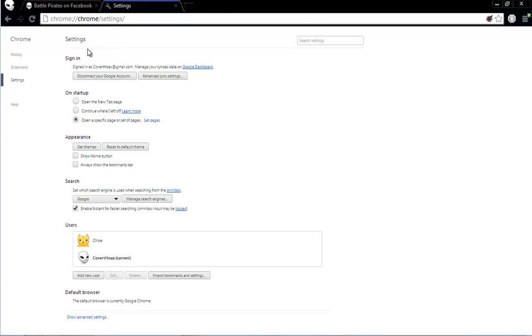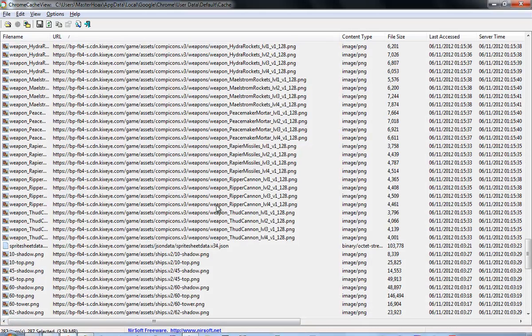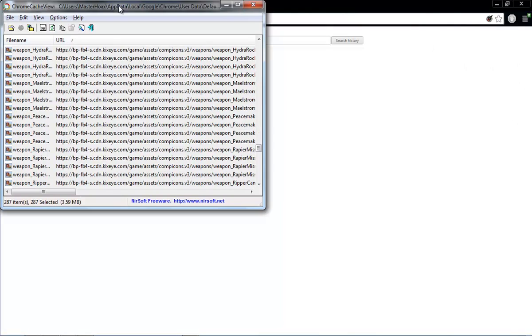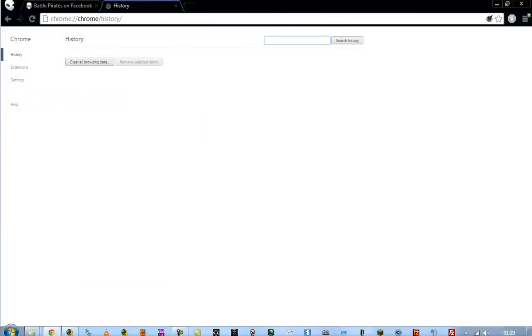But the problem with that is, 9 times out of 10, when you use your internet, you don't really clear your history and your browsing data and stuff. So you'll have a huge cache data. You'll have images from weeks, months, however long ago. So what you want to do is download yourself Chrome Viewer, and then you also want to download